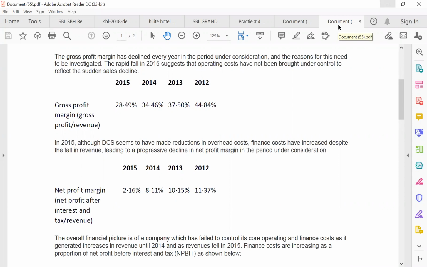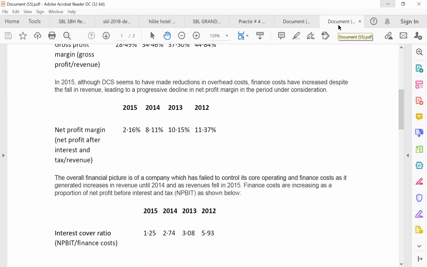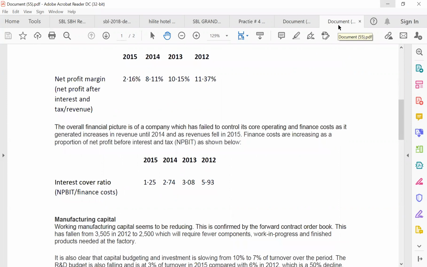From 2012 to 2015, net profit margin was 2.16, 8.11, 10.15, and 11.37. Net profit after interest and tax. Now you can see the overall financial picture. Now, at the end of the day, after identifying the pros and cons of the situation, I'm giving a conclusion. The overall financial picture is of a company which had failed to control its core operating and finance cost